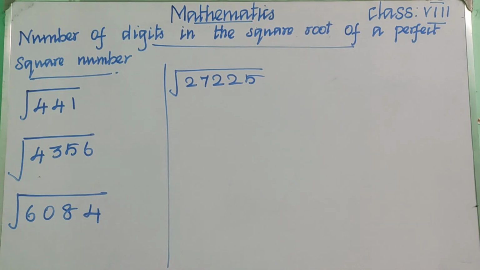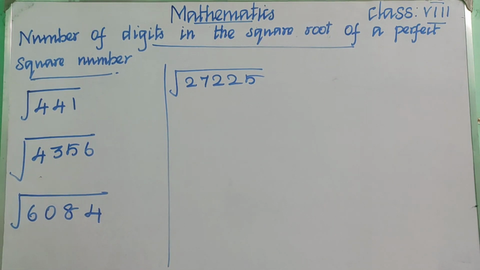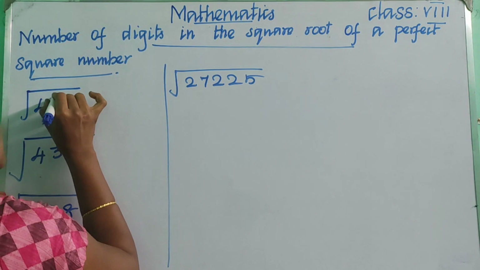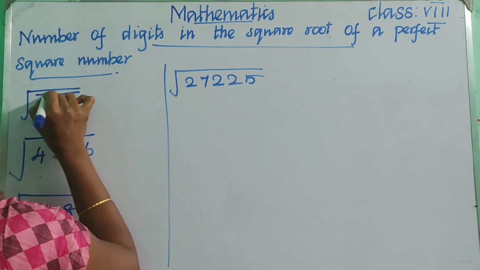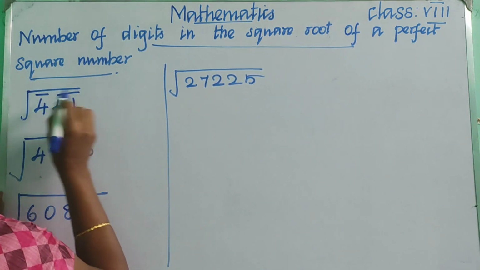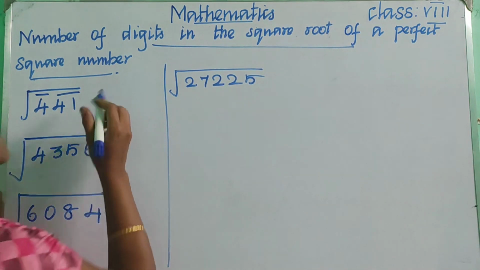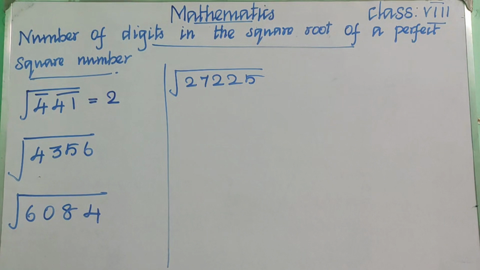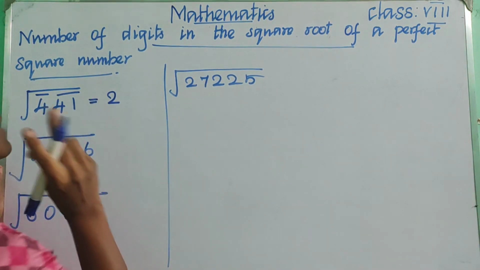Okay children, let us find the number of digits we are getting for this perfect square while finding the square root. Children, we are just using this bar method. We need to count 2 digits from the right to left. Just put the bar for 2 digits and the remaining is only 1 digit. So now how many bars are here? 2 bars, so we will get 2 digits while finding the square root for this perfect square.